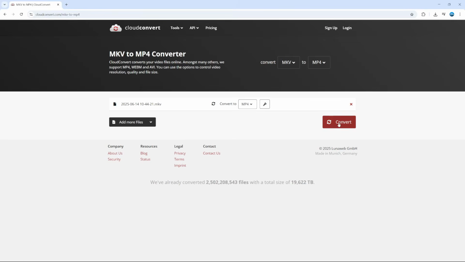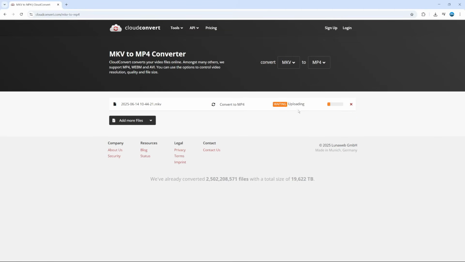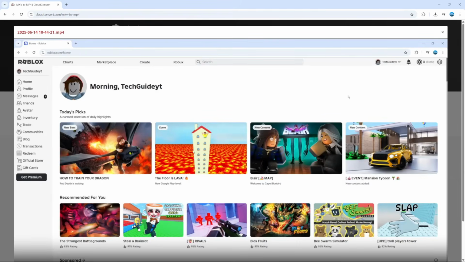Once you're happy, just go ahead and click the red convert button, and what it's going to do is upload your video file and then begin to convert it into an MP4 format. The process is normally pretty quick, it doesn't take too long. Of course, longer video files might take a bit longer, but generally it takes about a minute or two to completely convert your file. Once the conversion has finished, it's going to load up a window like this showing you